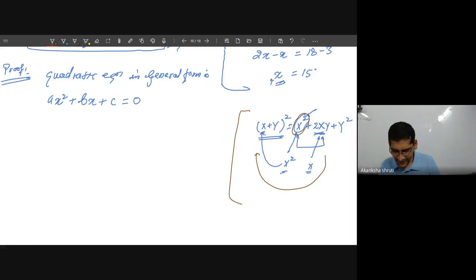Okay, by that way first term x square is generated. The next term that we need will be 2xy. So how to do that? Here x is already present. Doing some multiplication or division, we can generate 2ab or 2xy. Then whatever addition is required, we can add on either side of the equation. The equation remains undisturbed and we can get this (a plus b) whole square form.